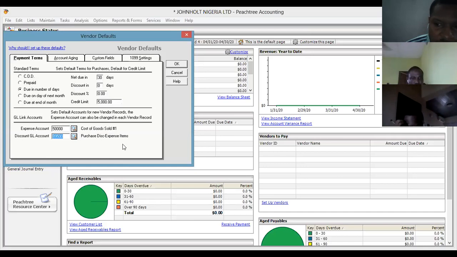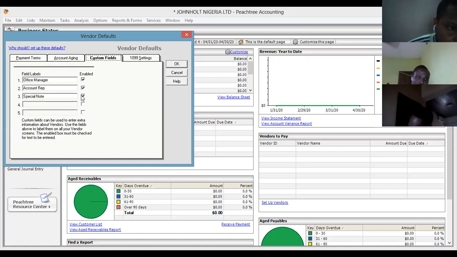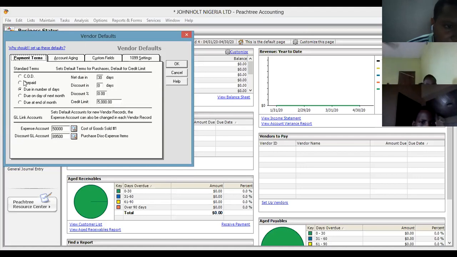So that this account will track our cost of purchase. The same thing, aging will age your payables. Your payables can be aged within 30 days, 60 days, and 90 days. Custom fields. Then 109, these are tax settings. So you don't actually do anything on this area. So that is that. Remember, for vendors, you need to provide an expense account so that when you're creating your